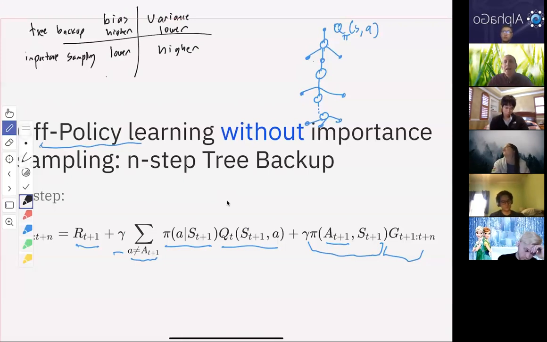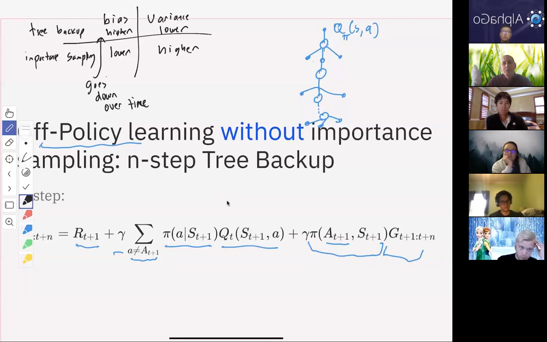The bias will go down over time. But to begin with, we're going to find that the importance sampling is going to give us lower bias,